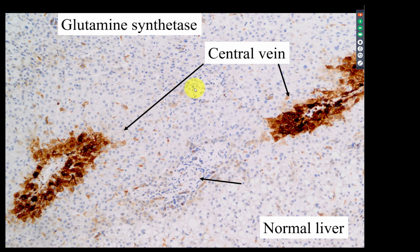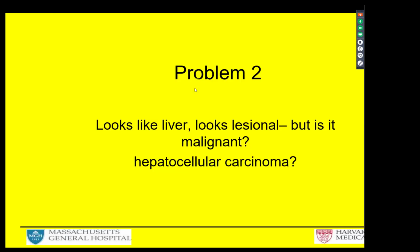So when you look at this on very low power, you can quickly pick out the central veins and the portal tracts, and it allows you to define normal liver. Now, you don't absolutely need the stain, but like I said, if the biopsy is fragmented, I find it very, very helpful. So you can pick your portal tracts and your central veins, and you'll know it's normal liver. All right, so that is step number 1. So step number 2